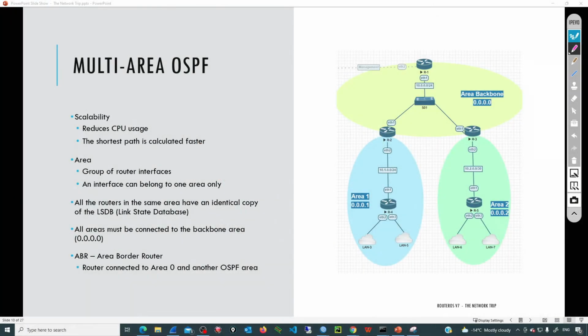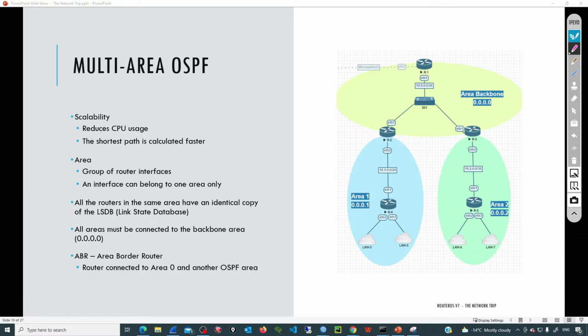Before going to the lab, we need to understand why a multi-area design can be a better solution in some environments, and also when a single-area OSPF topology is going to be the best option. If we're dealing with just a few routers, a single area is going to perform pretty well. But if we are dealing with dozens or maybe hundreds of routers, executing the algorithm to calculate the shortest path to reach every network is going to degrade performance, since it's going to use CPU and RAM